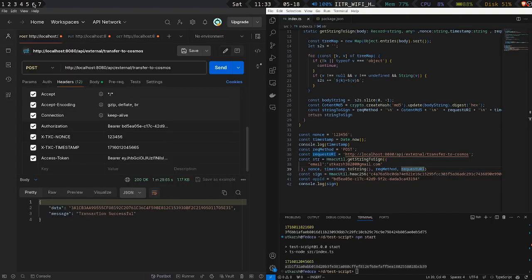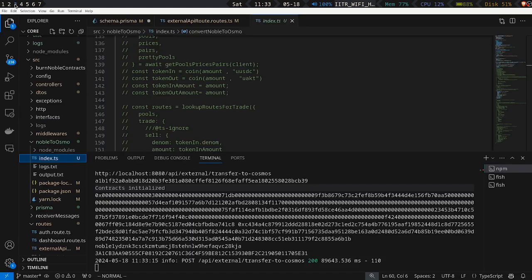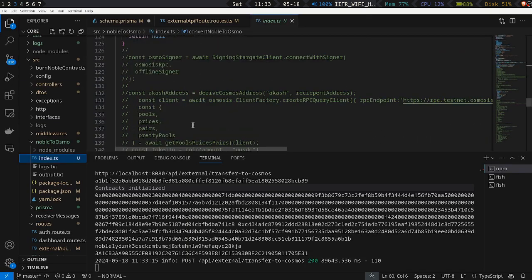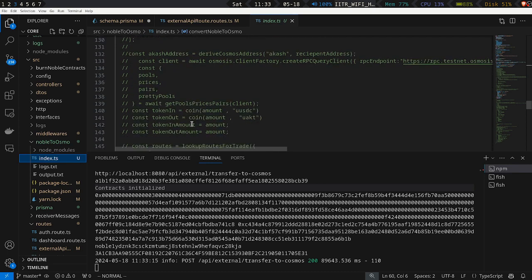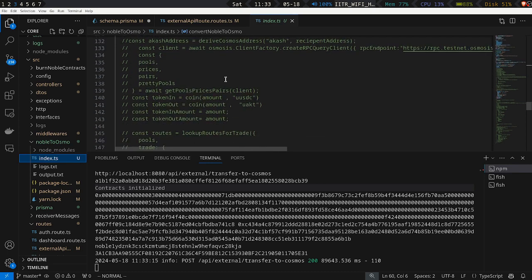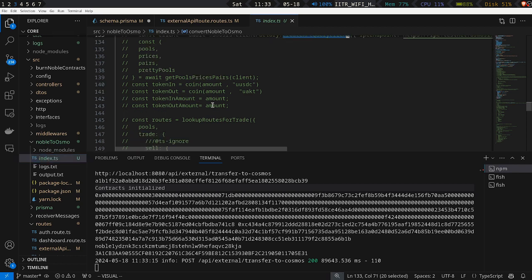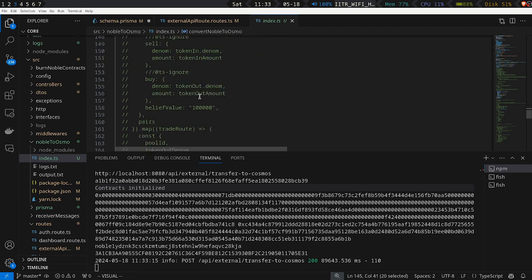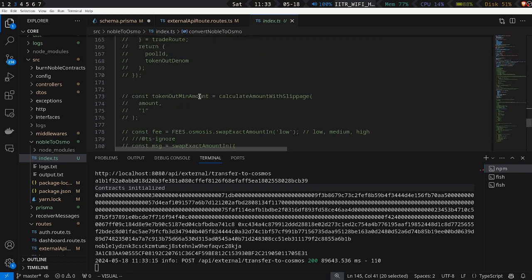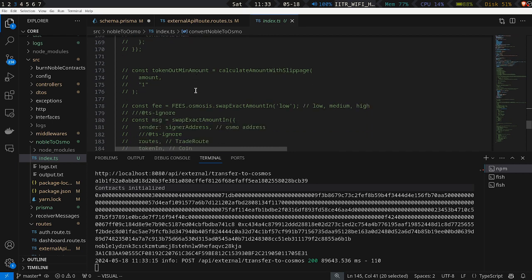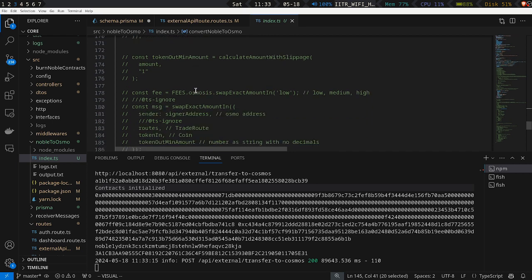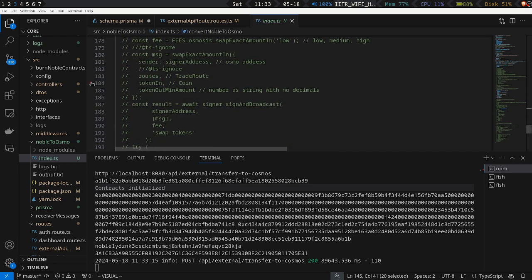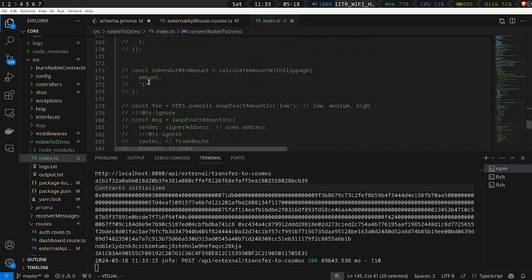So now I will show you the code that we can employ and deploy on the mainnet. What right now is commented out is the code for an Osmosis signer, which first converts to AKT via the cosmology package. It creates an RPC client query and uses the lookup route trade to look up a trade route. It matches that trade route, calculates the token in amount, calculates the fees using the Osmo.js library, and constructs a message using the Osmo.js built-in